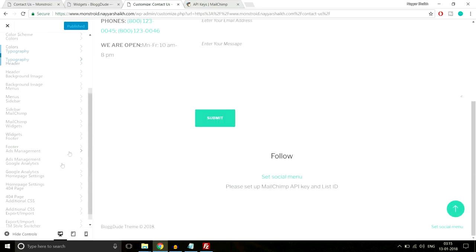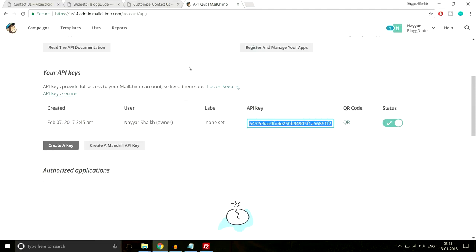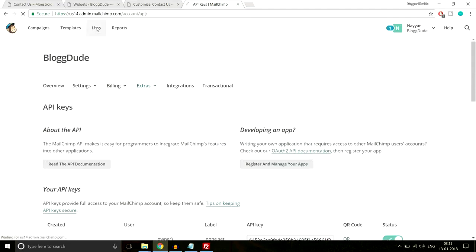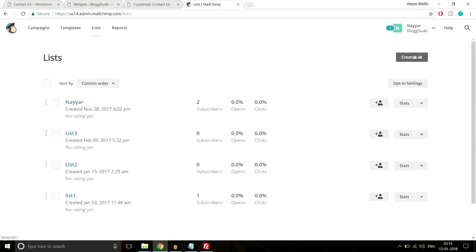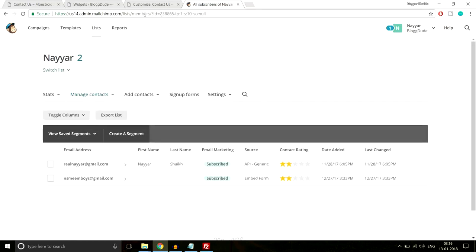Fine. Now here you'll see something called MailChimp, I guess. Yeah, here it is, MailChimp. Open this, paste in your API key over here, and after that click on lists. If you don't have any list, you can just click on this button to create a new list. It will create a new list for you. I have a few lists over here, so I'll open this one, and when you open this you'll see an ID in the URL bar. For example, as you can see here,